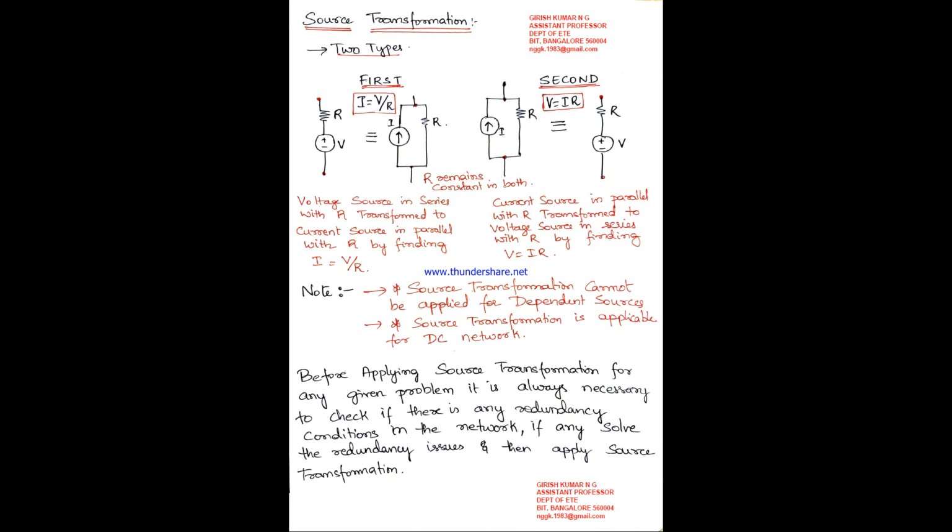Okay, so when you find two parallel branches, where I and R are in parallel, and they are both connected in series, what will you do? Can I add a current source in series? No, it is not possible. Therefore, I'll convert this I and R connected in parallel to a voltage source in series with R. Similarly, I'll convert the other parallel branch of I and R to a series V and R.